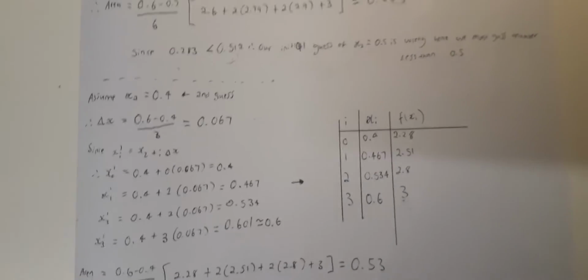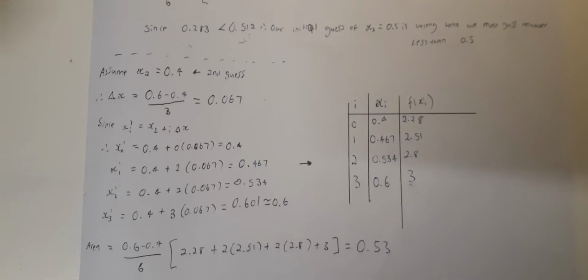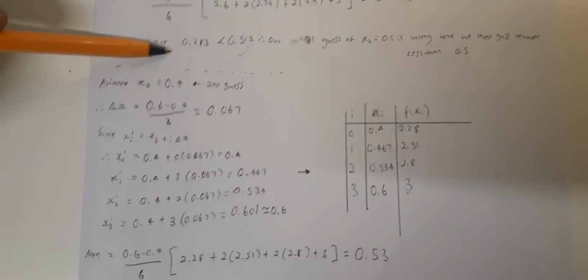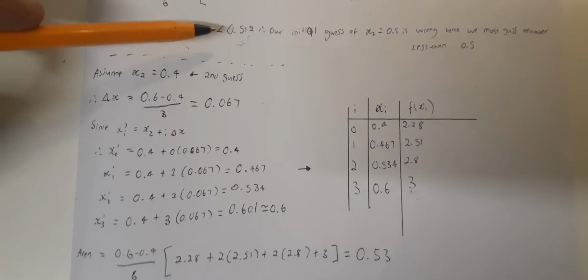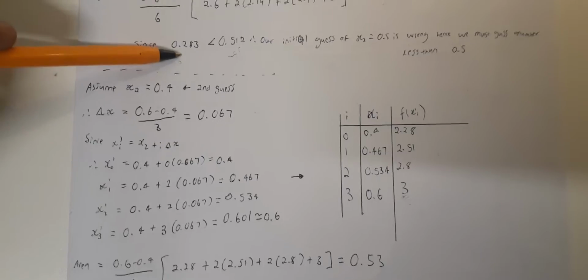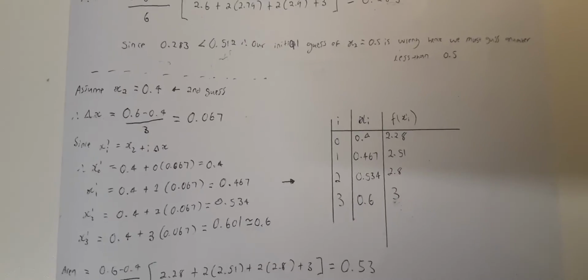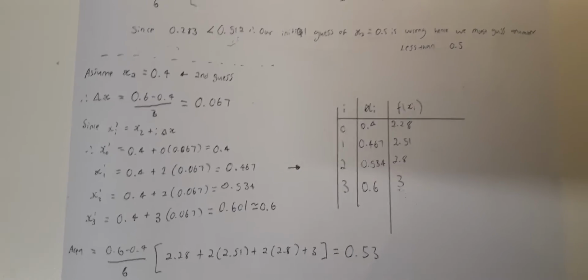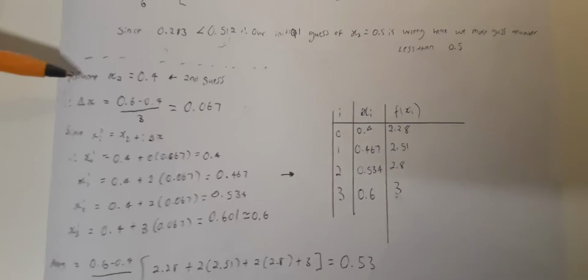Since our initial guess of 0.5 for x2 gave us an area which is far less than the one that we want, an area of 0.283, we move on to guess another value. In this case, I chose 0.4 because